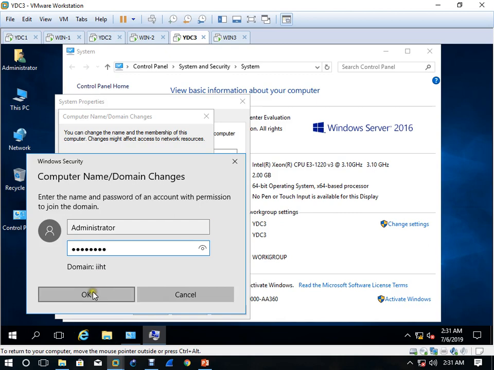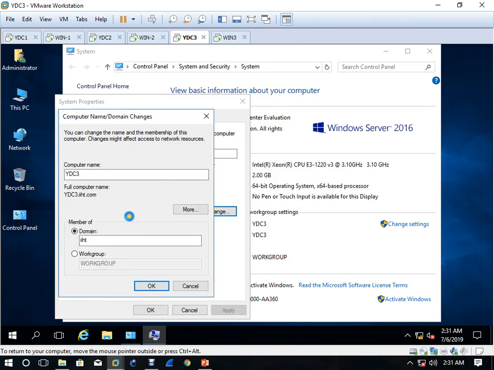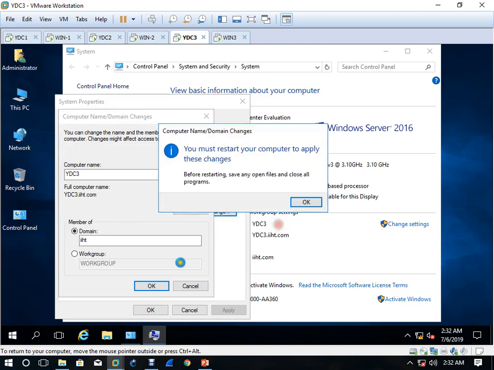Okay, this is the IIHT administrator, because I'm going to add this machine as a CDC, so that's why I'm using the IIHT credential. Okay, welcome to IIHT domain.